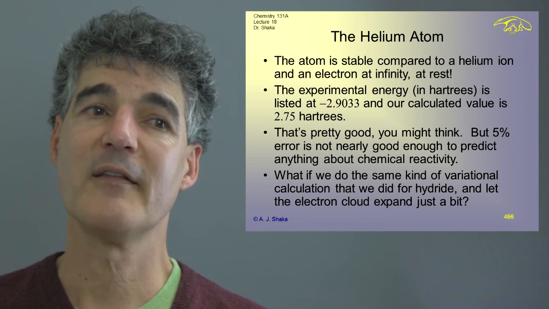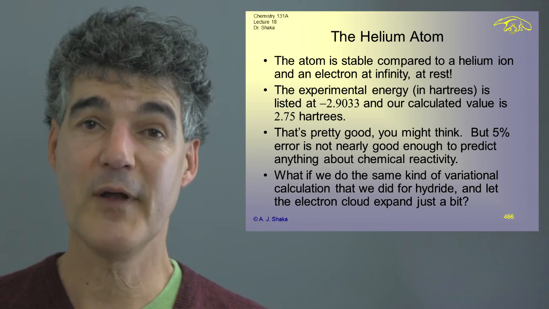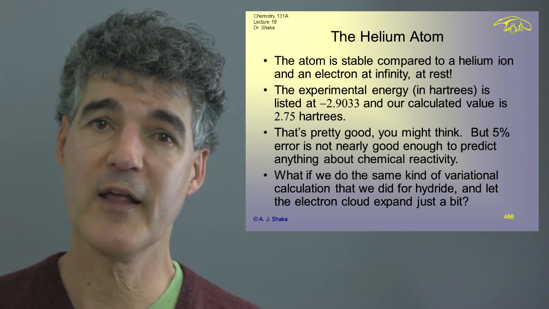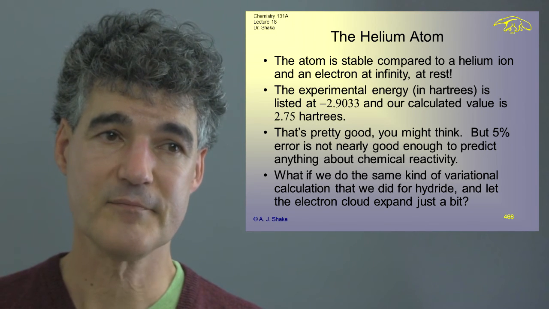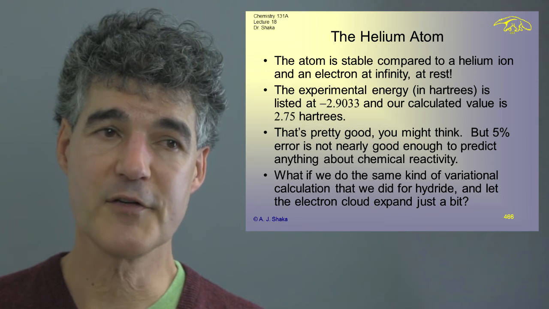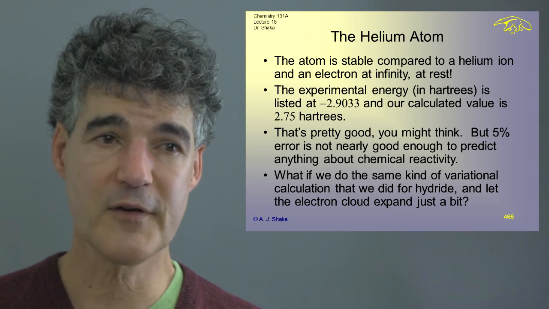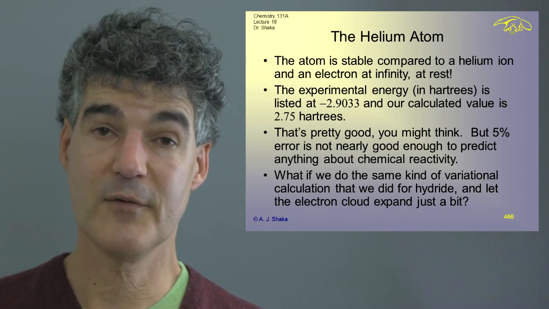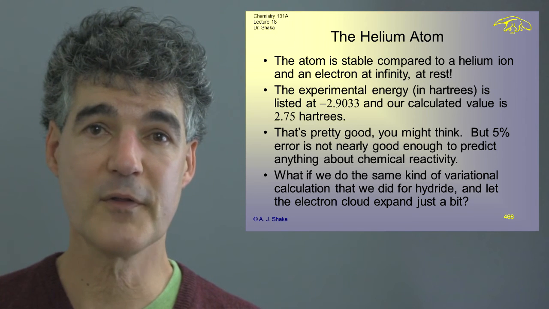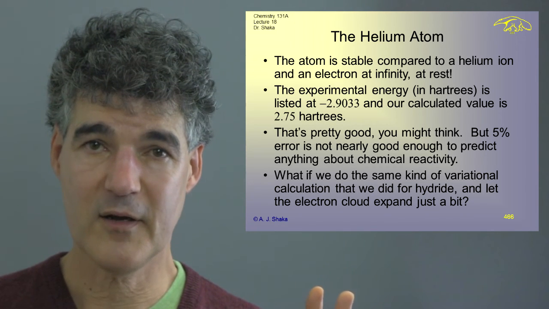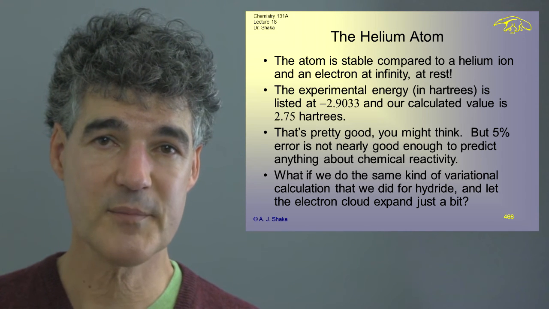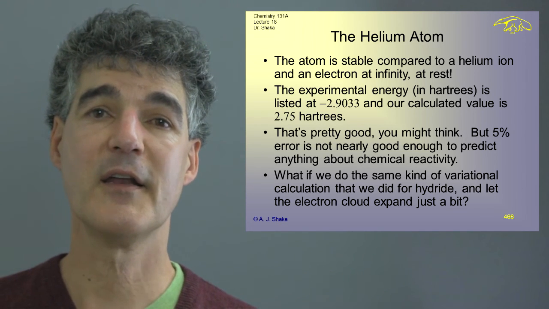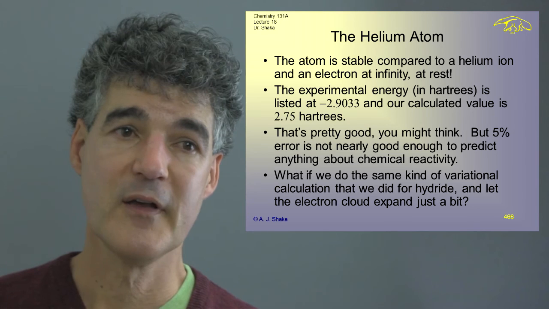That means that the atom is stable already by perturbation theory compared to a helium ion and an electron at infinity at rest. And the experimental energy that's listed in the literature in Hartrees is minus 2.9033. And recall I said if you quote things in Hartrees, you never have to re-quote them because you don't depend on what the units are. It just depends on what the calculation is. It doesn't depend on the fundamental constants. And our calculated value, minus 11/4, is minus